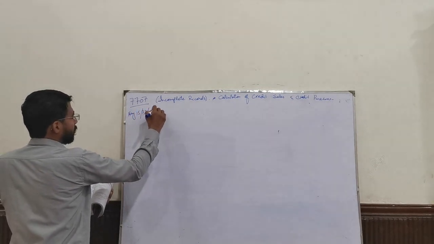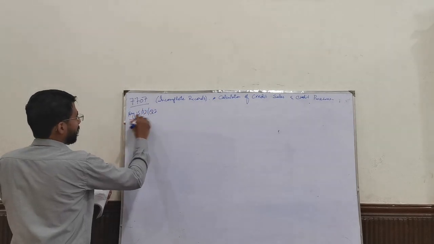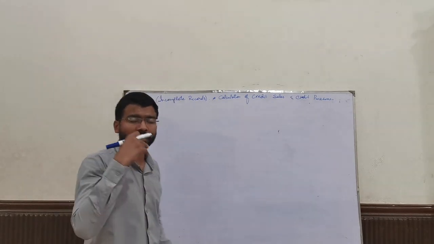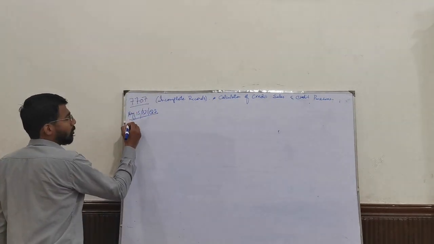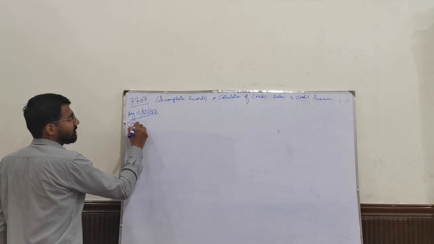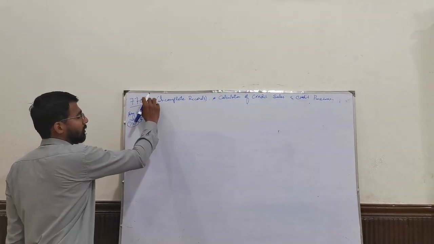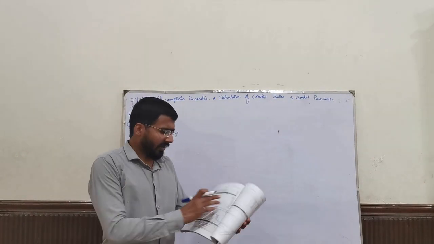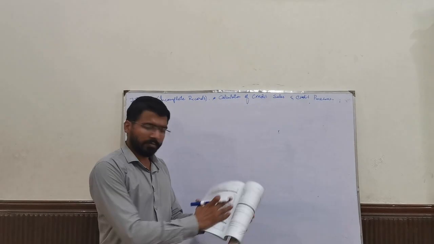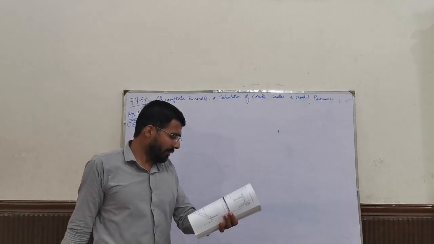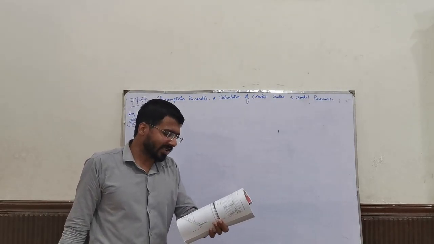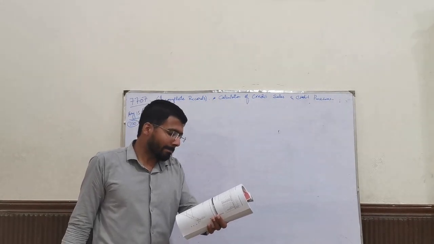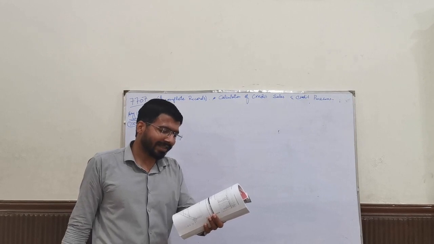P21, question number 2. This is the question which I am going to do, and if you want to Google it, or if you want to have a copy of this question online, remember the old code was 7110. You can search this question with the help of this code. Now the question says, we have the following information. A piece of information is given, and the A part is, prepare the purchase ledger control account showing the credit purchases during the month, and the B part is, prepare the sales ledger control account showing the credit sales made for the month.